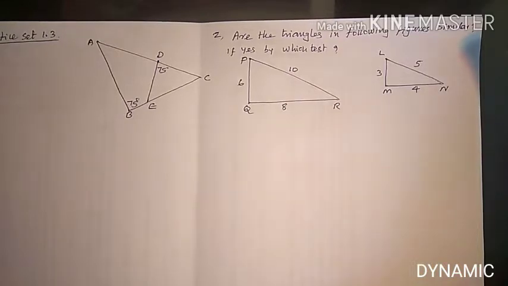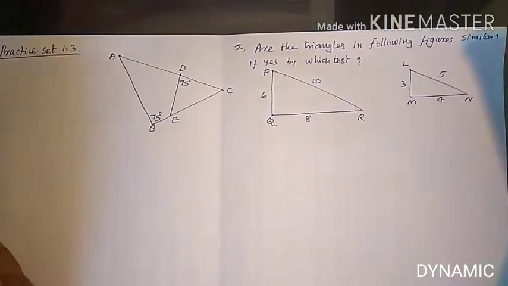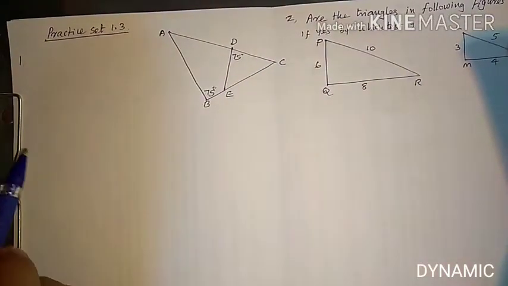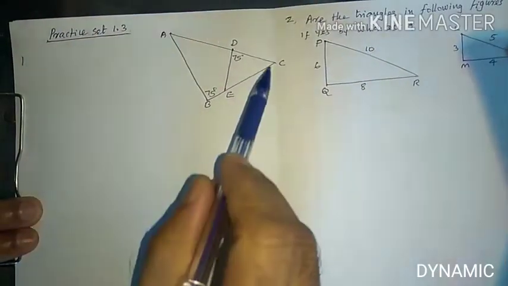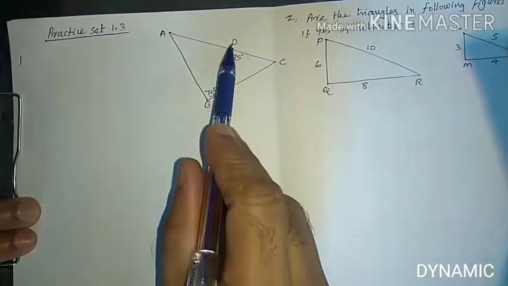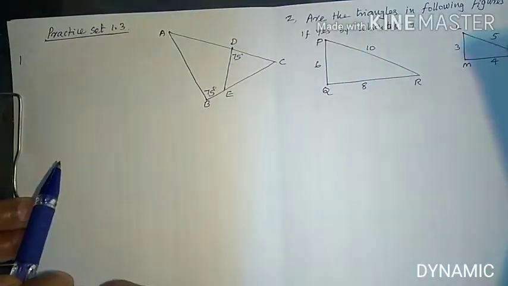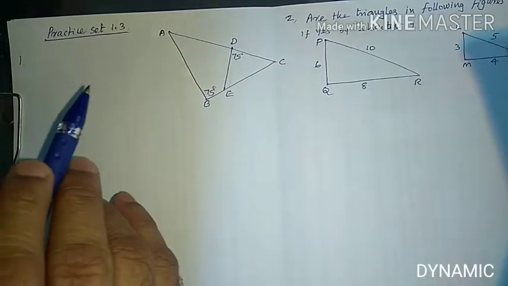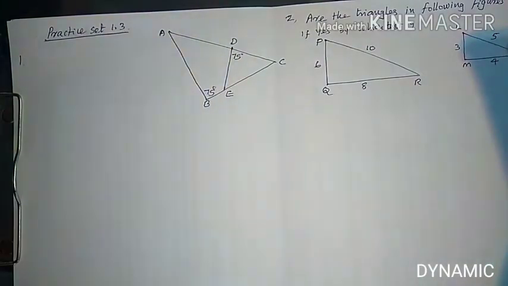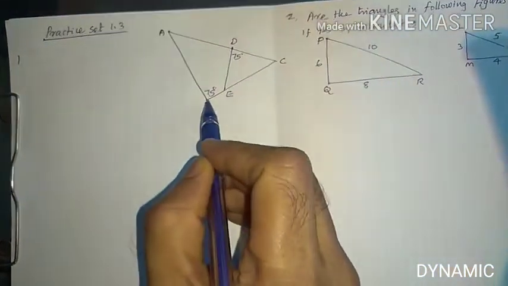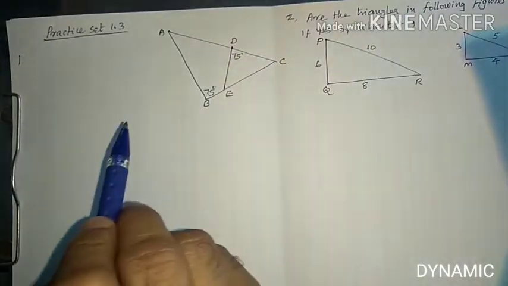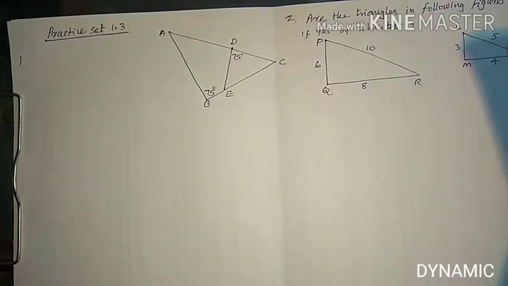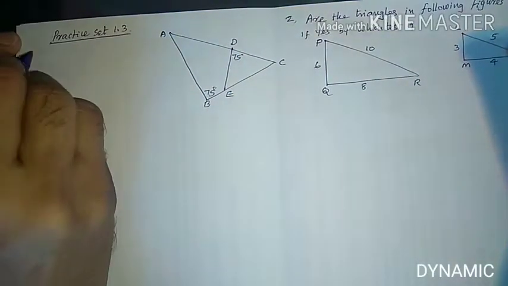Now practice set 1.3. We start doing problems. Here given in triangle ABC, one angle is 75 degrees. Here another one is there, triangle CDE, one angle is 75 degrees. What is the question? In the figure, angle ABC is 75 degrees, angle EDC also 75 degrees. Then we have to state which two triangles are similar. Here, which two triangles are similar? For that,